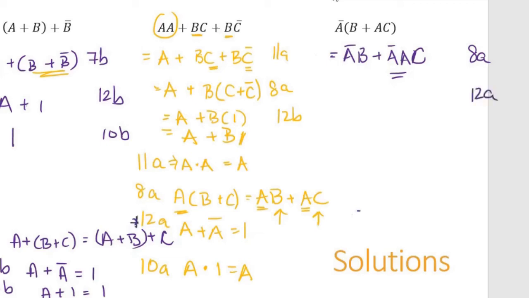So we're going to use rule 12A that says A and not A. I've scribbled a little bit here. It is just A and not A are equal to 1. So we can simplify that as not A and B plus 1 times C. Well, we've looked at that a few times as well. 9A tells us that if I multiply anything, oh, sorry, that's